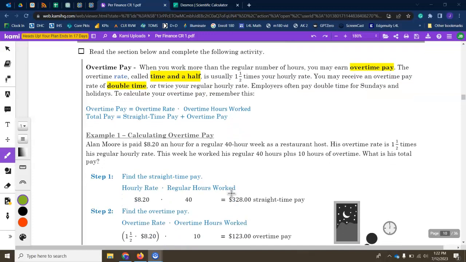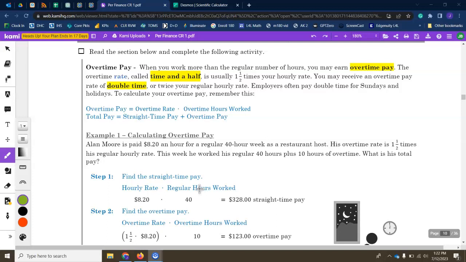And this is definitely a normal work experience thing that you will go through as a student, as a young worker, right? When you work more hours than your normal 40-hour weekly cap. There are some examples in here where they say the cap is 36 hours or something like that. But typically you are to work 40 hours a week, and anything over that, you should be getting paid